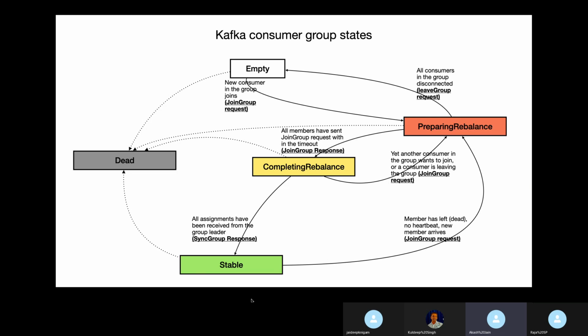Now you may have noticed, in our experiences, we must have seen that exception, not a leader for the partition, right? What is essentially happening is that in the Kafka cluster, let's say one of the brokers which was leading one of the partitions has crashed.